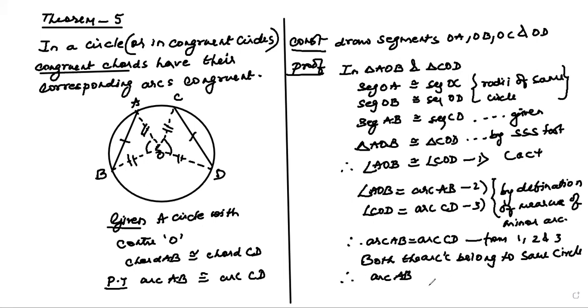Therefore, arc AB congruent arc CD by definition of congruent arcs, okay, children. I hope people understood me till here. Now we go